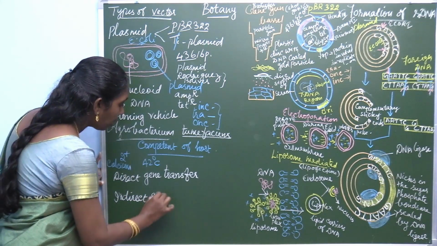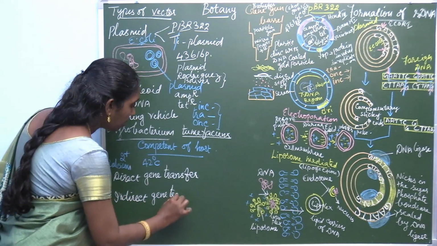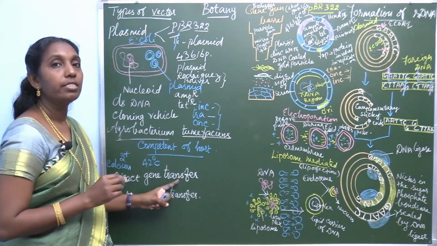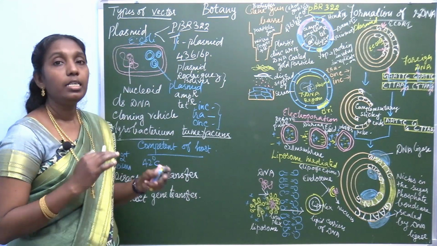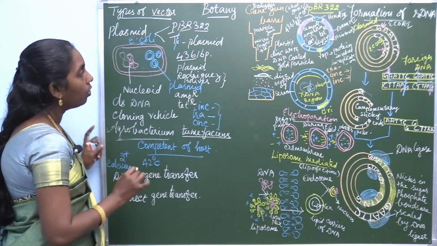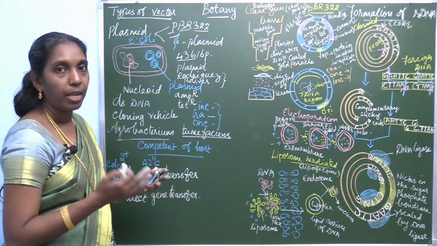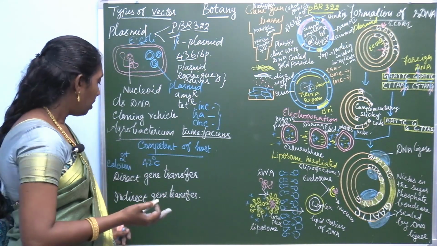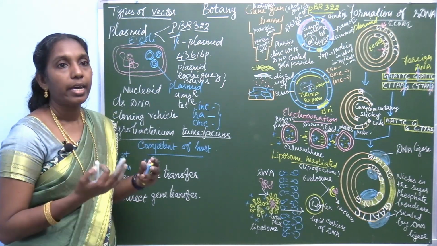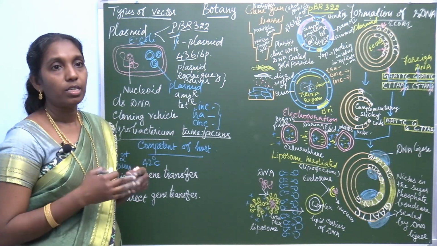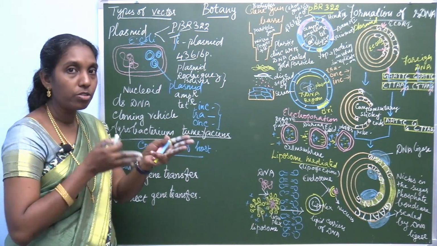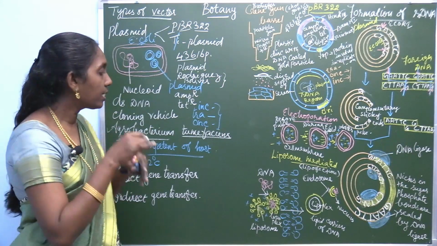Direct and indirect gene transfer. So let's see direct gene transfer. In direct gene transfer, this is vectorless transfer. Indirect gene transfer is through a vector. So direct gene transfer is vectorless, with no need of vectors. Directly the DNA molecule can be transferred inside the cell.